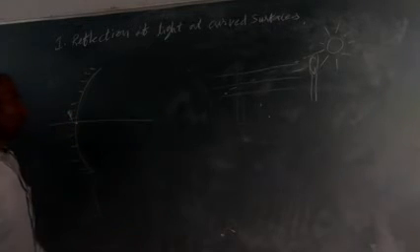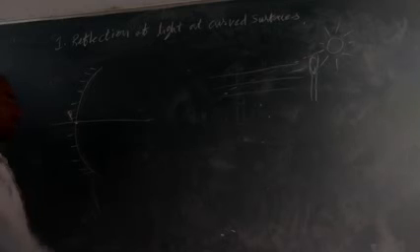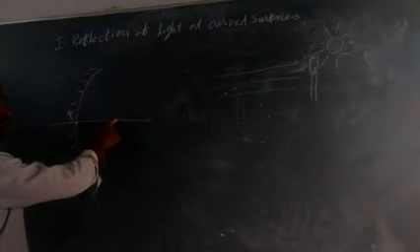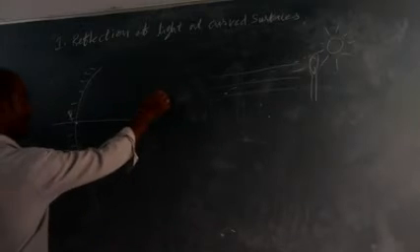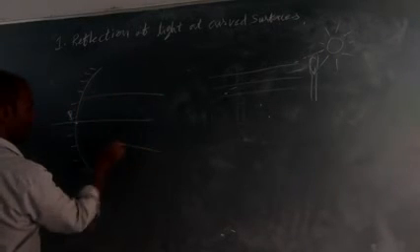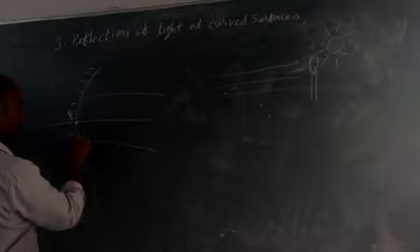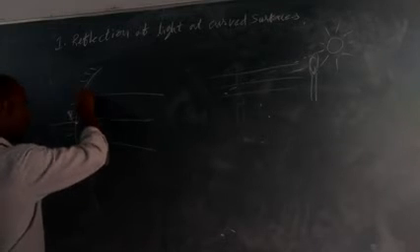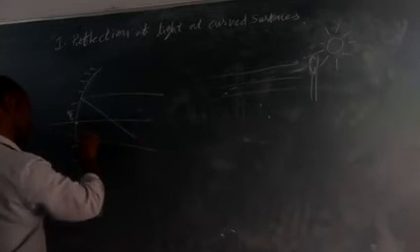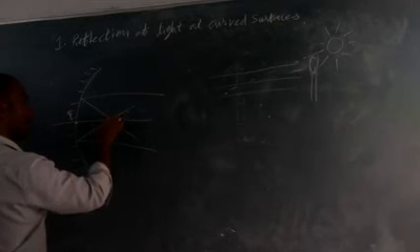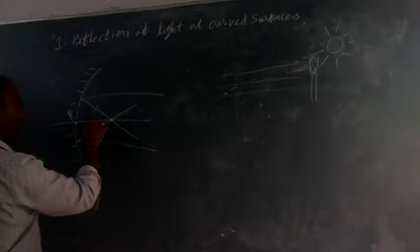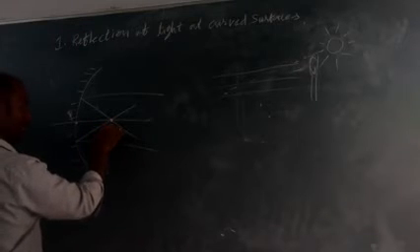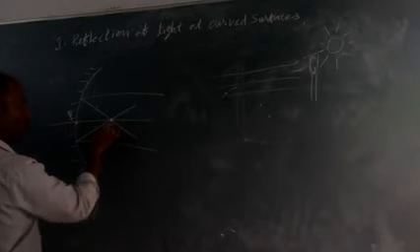Through this pole, when you draw an imaginary line, that is called the principal axis. Here also the rays which are parallel to this principal axis can converge to a particular point. The converging of the reflected rays at a particular point, that point is called the focal